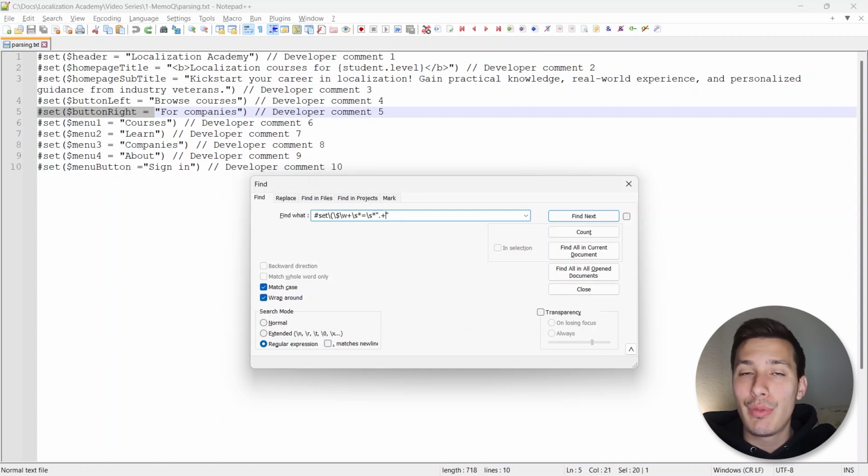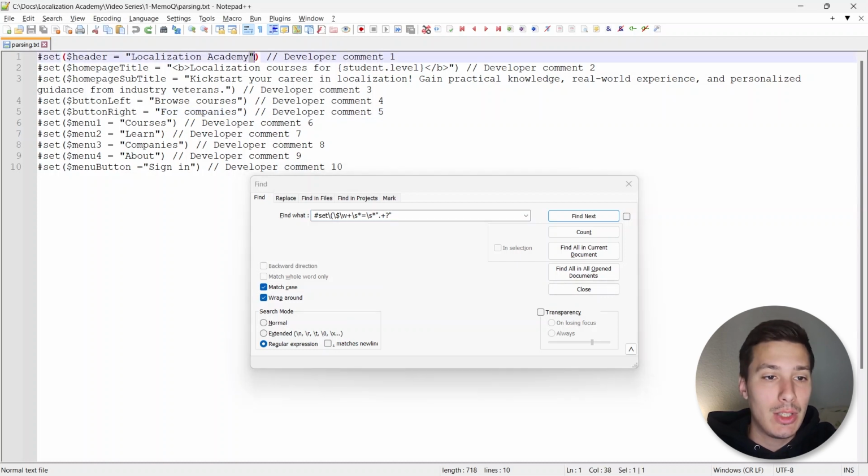We're going to use a quantifier, the plus symbol, which is one or more times. However, we're going to actually use the question mark in order not to make it greedy. We wouldn't like to capture any character until the end of the line. So we need to make it not greedy until it finds a quote, which is going to be the end of the string. So this quote,